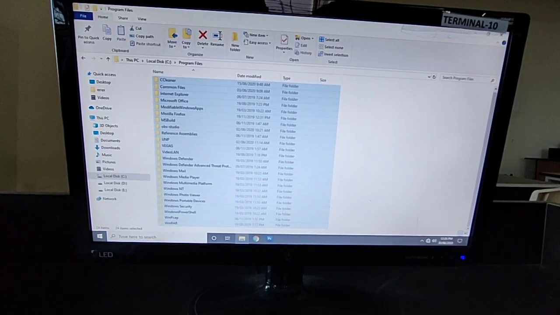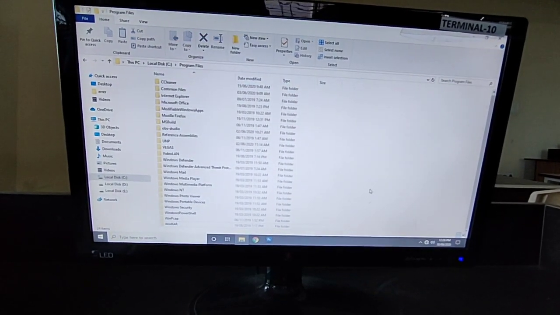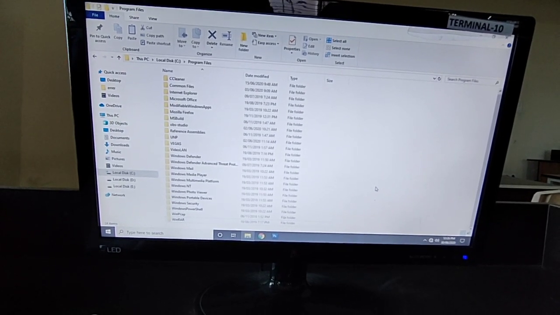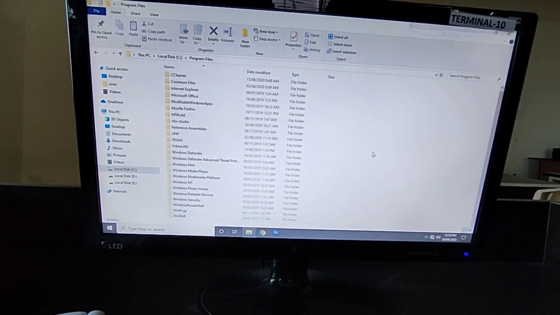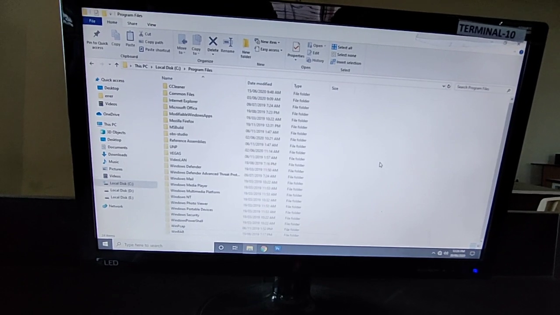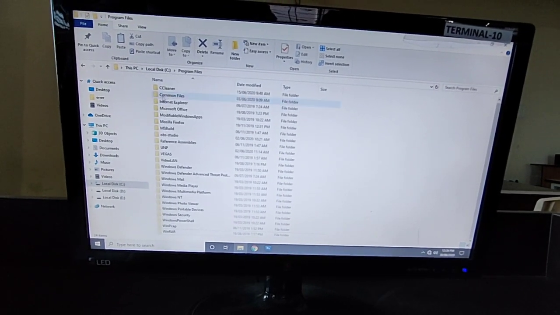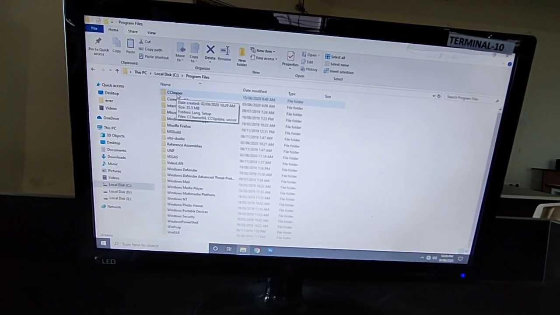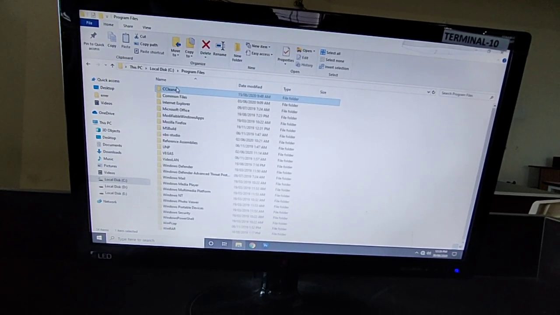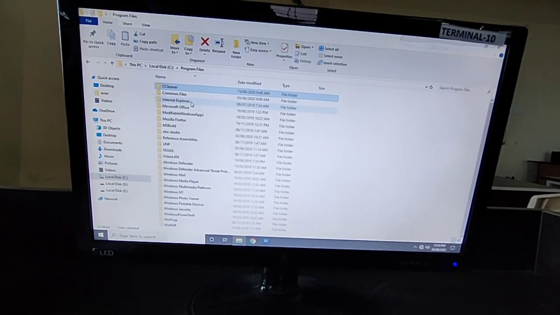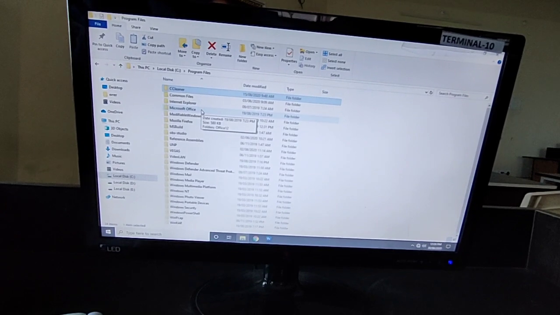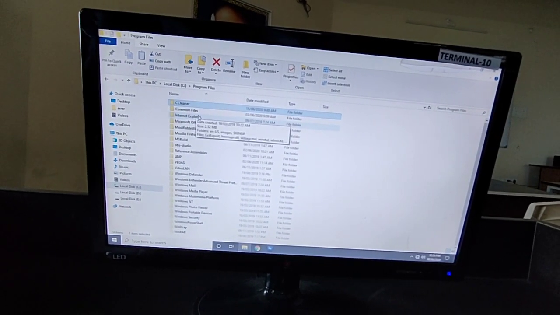Okay, now your next topic, selecting non-adjacent file and folder. For non-adjacent file and folder, you need to first click on the first folder, then hold down the Control key and select only the folders you want.